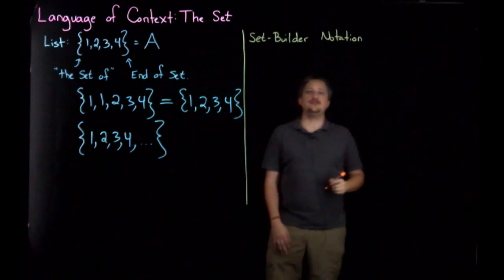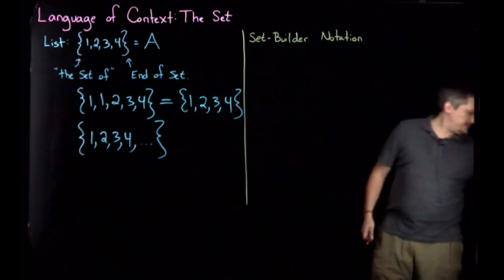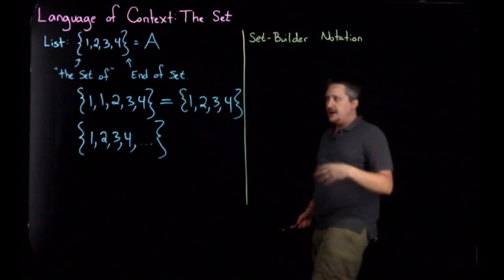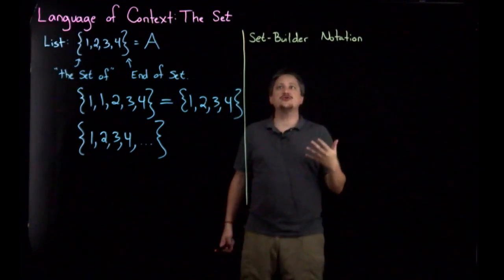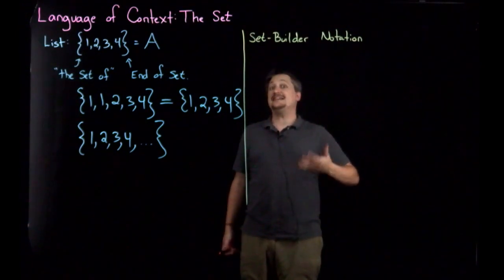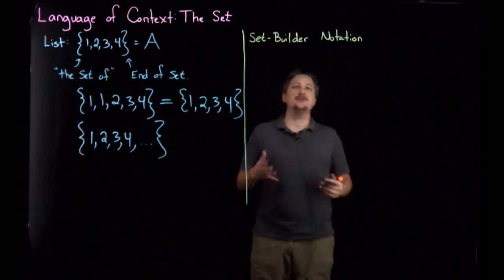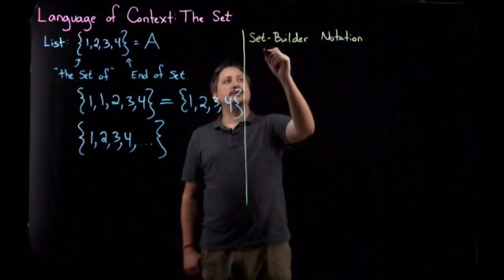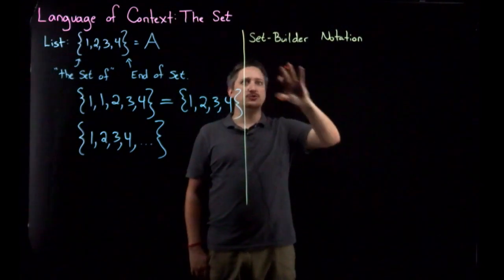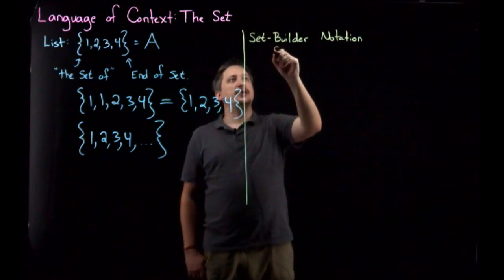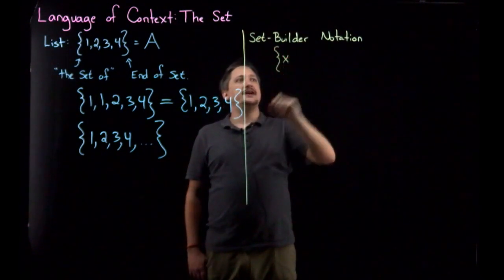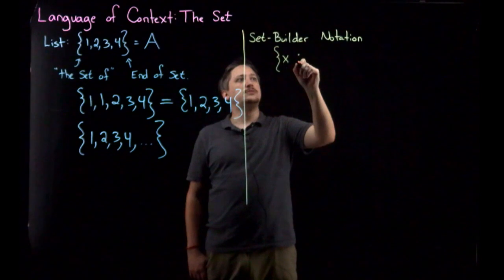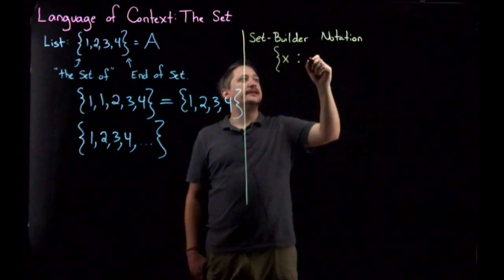So set builder notation is a notation that describes the elements in the set with some property. So for example, let me write out a set builder and then I'll go through what it means. So again, I have the set of, open here, I could say X, two little dots, and then I could say